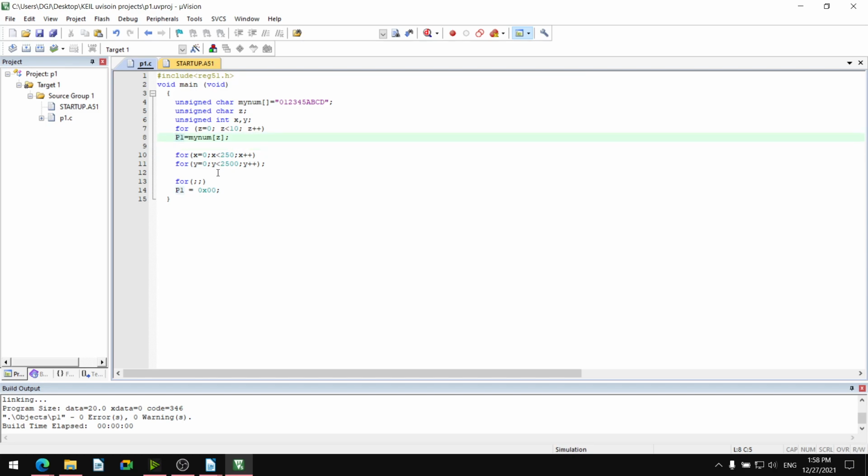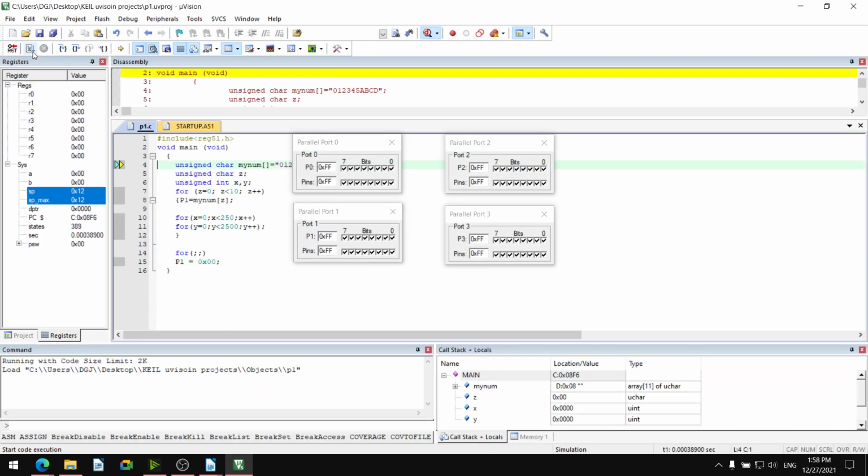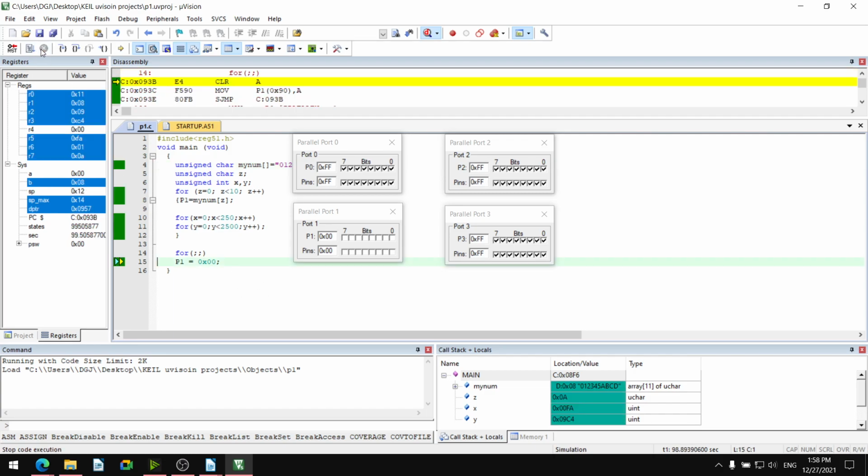So we have to put here the curly bracket, and we have to put here the curly bracket, so that this for loop will have delay for each display. So 10 characters it will display.